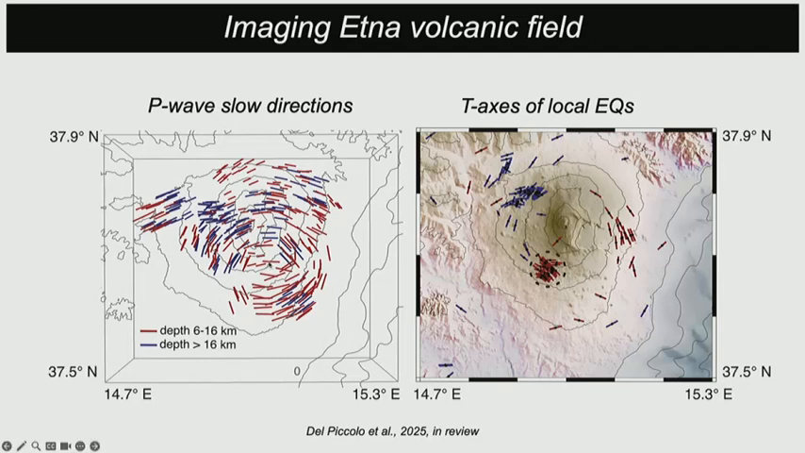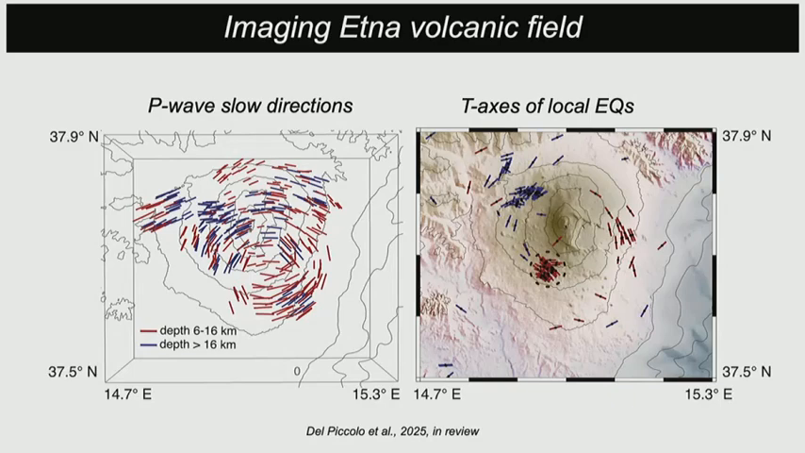Actually, this cylindrical pattern is not centered below the topographic peak, which is here, but it is a little bit shifted south in the southeast quadrant. Okay, so we have a cylindrical pattern of P wave slow direction, and the same cylindrical pattern of tensile axis. How to interpret these